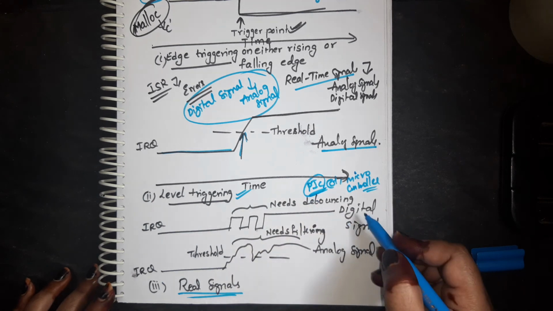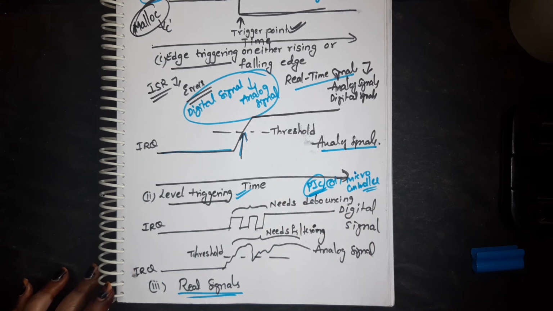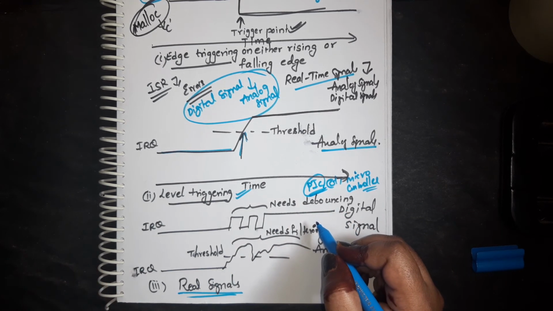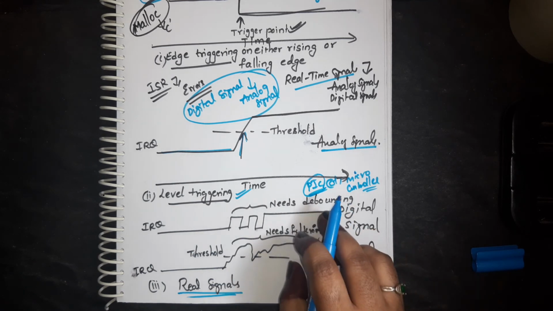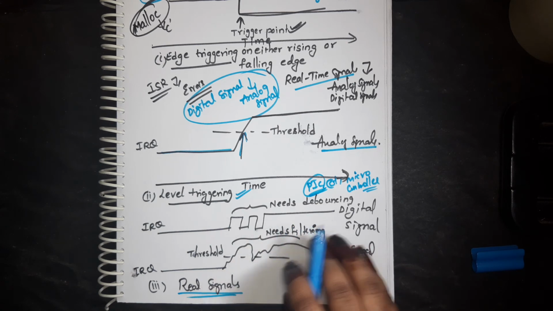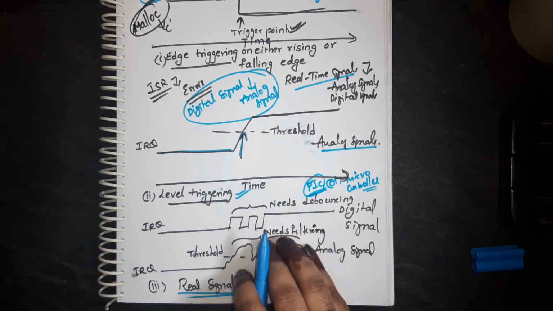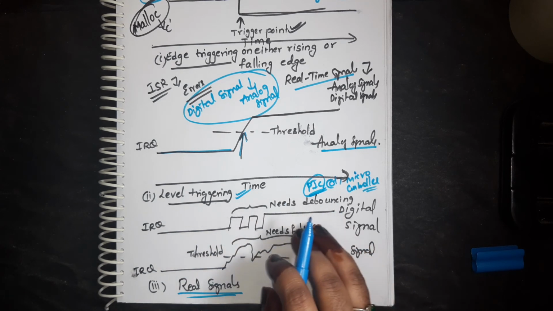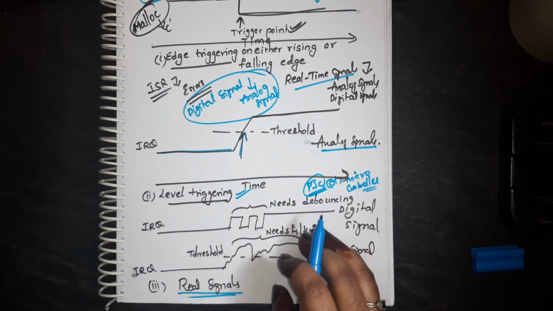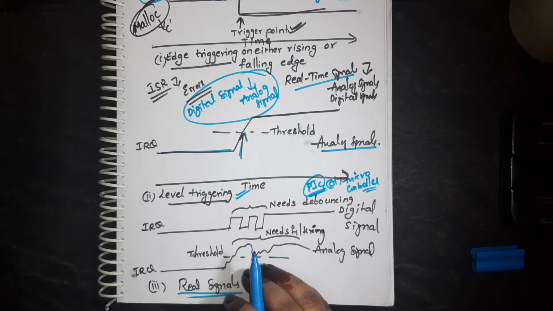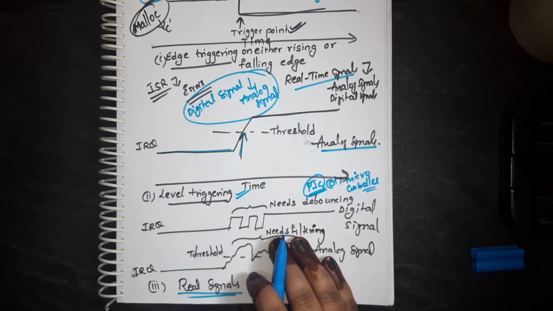Whether the sensors are generating digital signals or analog signals, they need filtering and a debouncing mechanism. The debouncing mechanism is a process of removing the bounces, converting the real time embedded systems into safety systems: if any kind of problem occurs, automatically it runs the critical section code. Likewise it makes the system go into safety mode. So we may execute the edge triggering and level triggering mechanisms in the form of both digital signals